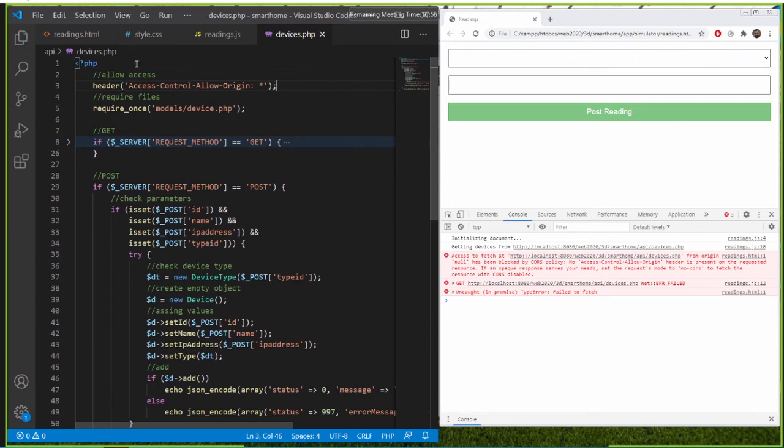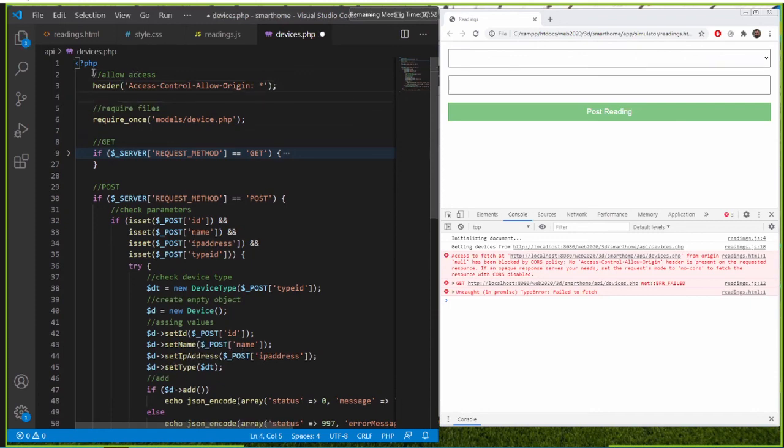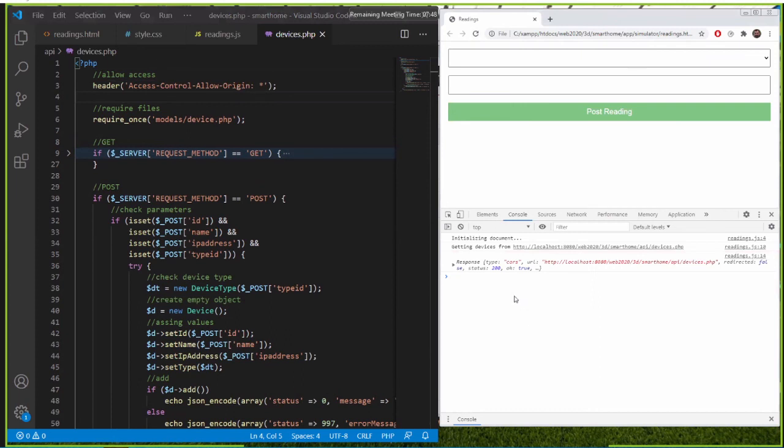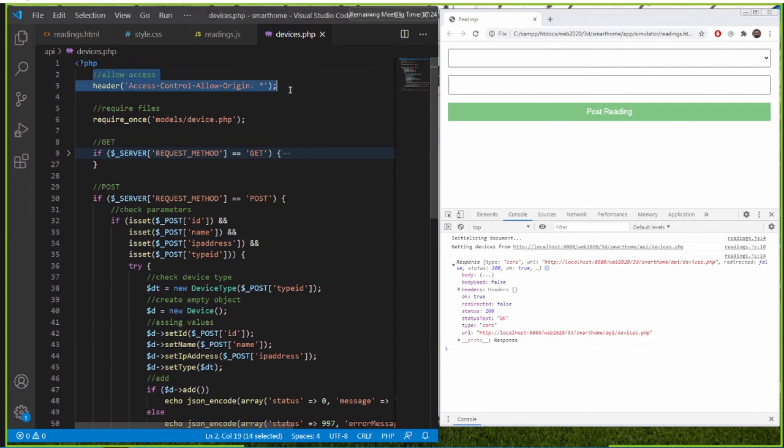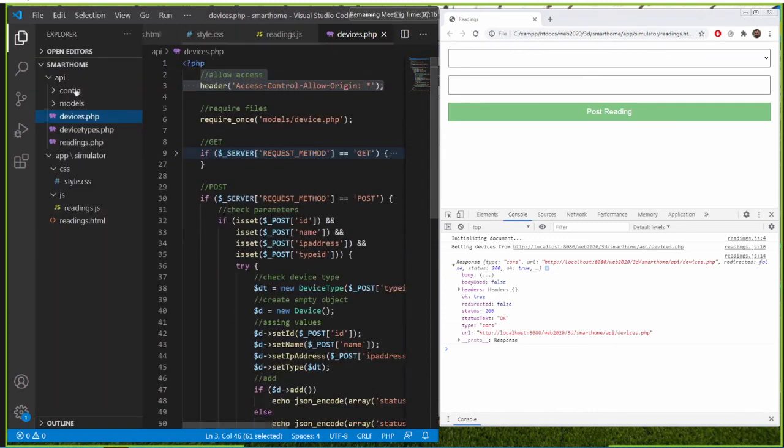Once we add this to our API, and we're going to add it to all the APIs, not just this one, we should be able to receive a response from the server, from the API actually. So we're saying that the API is allowing that access. If we do not allow that access, then this resource is not public, not open. So we have to add that to all the